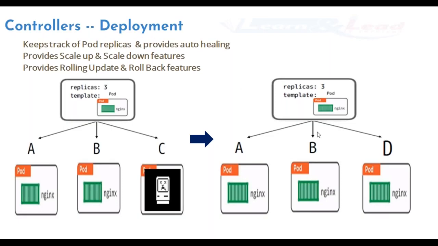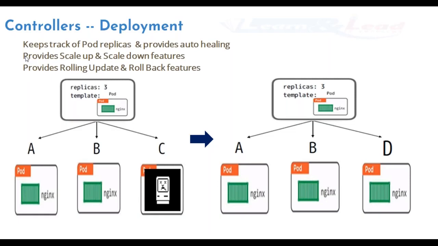Now the controller has this feature called auto healing by default. So in real world scenarios, we actually deploy pods using a deployment controller as a production deployment. That is why we need to go for this. Now this also provides other features. We can scale up with a single command, up to the number of pods we want. Let's say that I want replicas equal to 10, then it can create 10 replicas of the same image. That is called scaling.